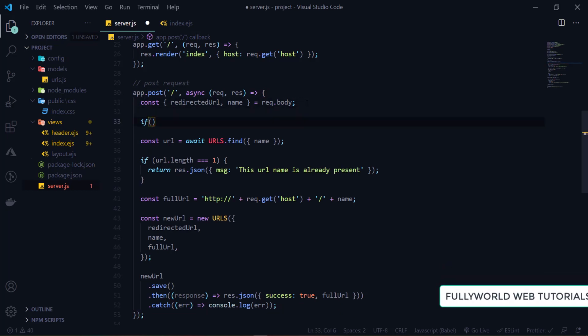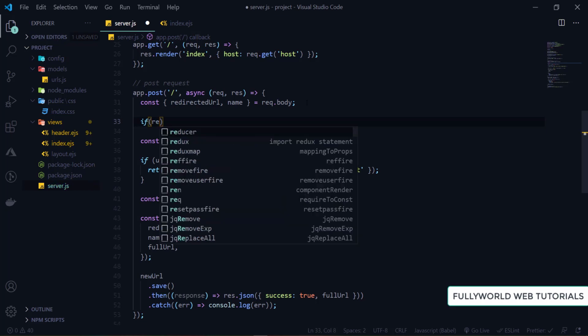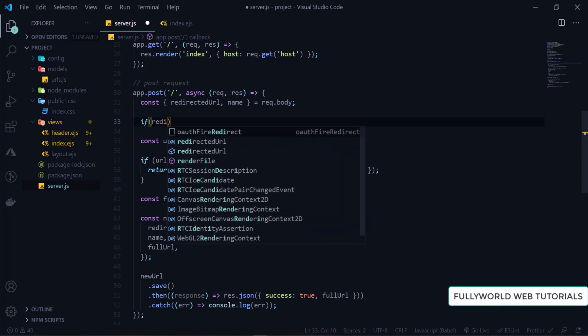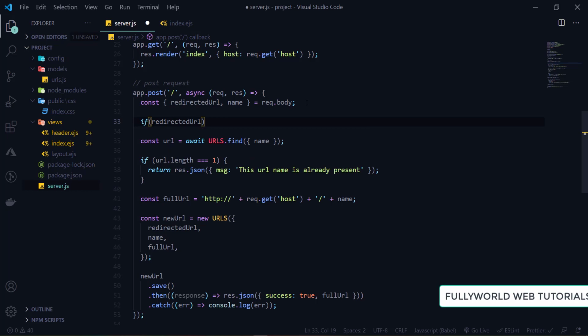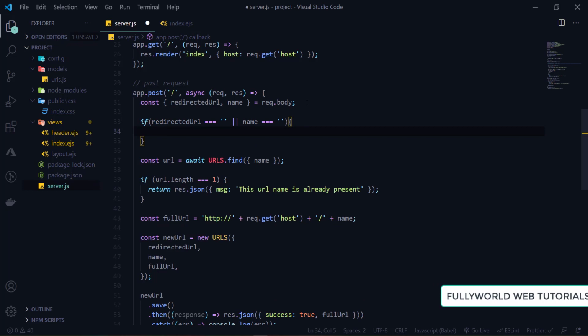So if redirected URL is double equals to null, or our name is equal to null, then we will simply return from here.